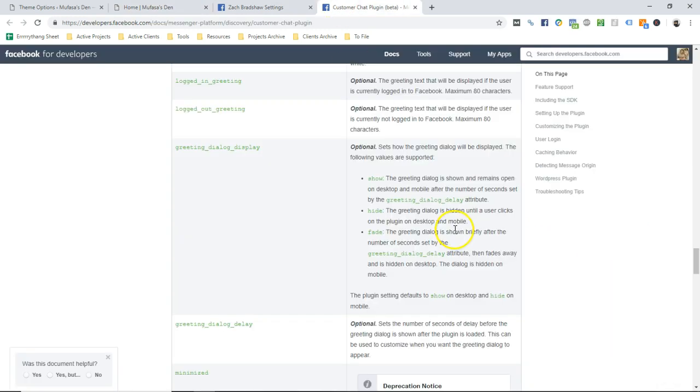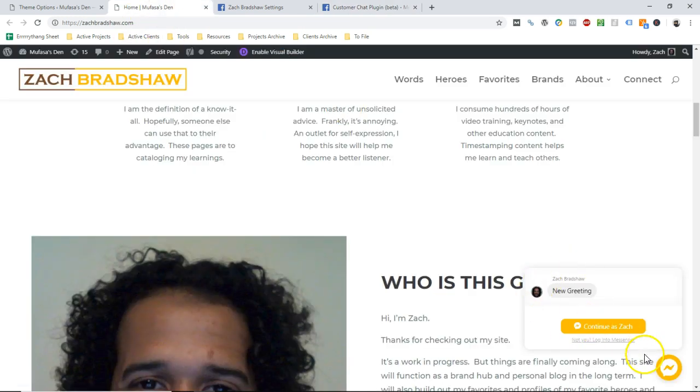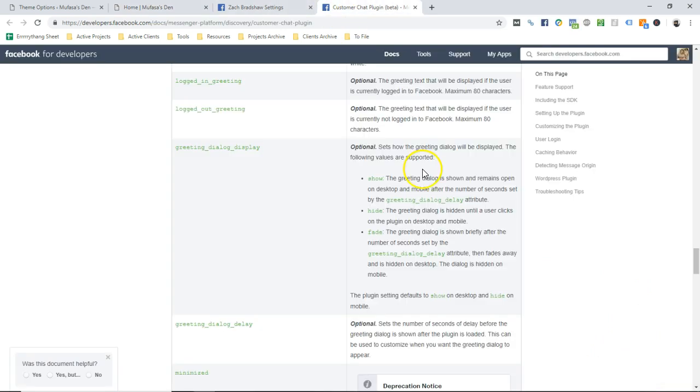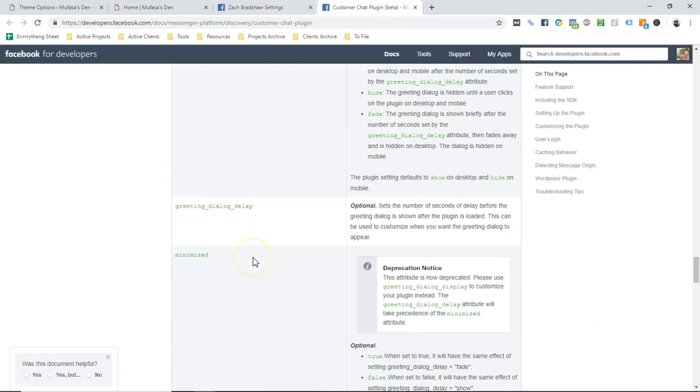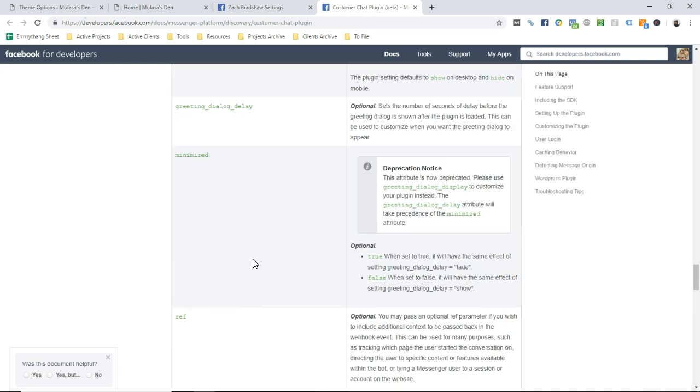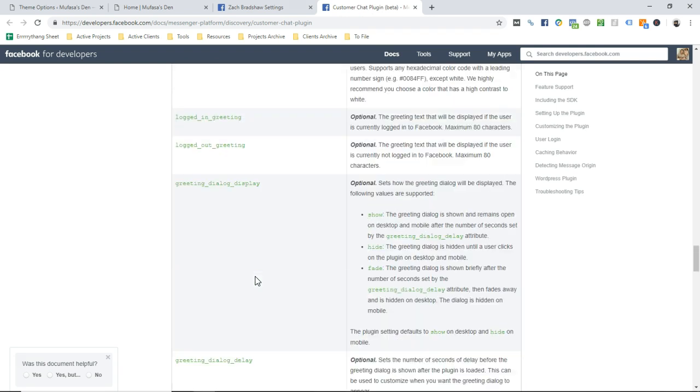But these other attributes that I'm talking about right now allow you to set whether this opens or whether it just stays like this, which is really my preference. And eventually I'll go into both Greensboro SEO Pro and ZachBradshaw.com and add these attributes in here, but it's not important today while I'm making this video. But do you want it to pop up? Do you want it to pop up and then fade? Do you want it to wait and then pop up? These are different options that you have in here, and I'm sure over time they will continue to add other